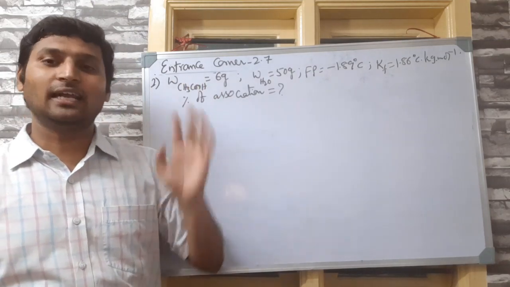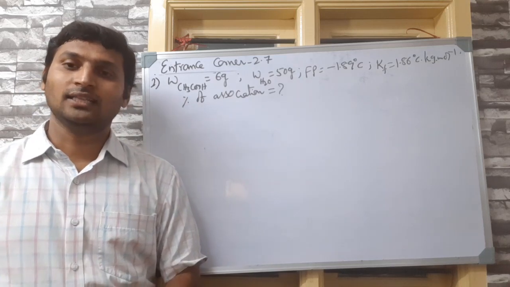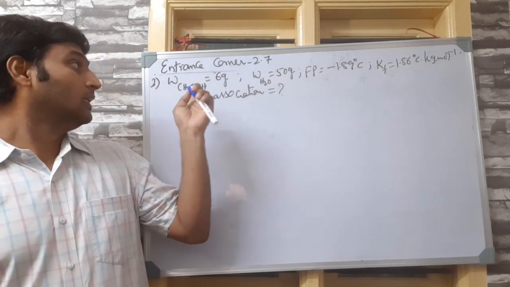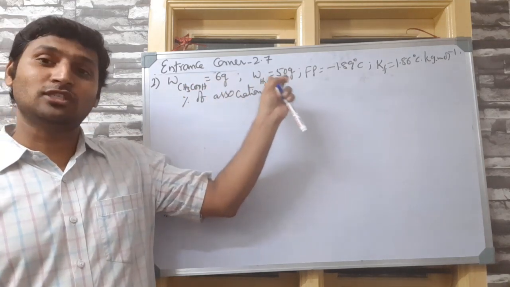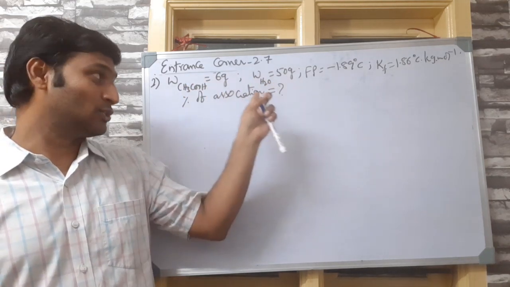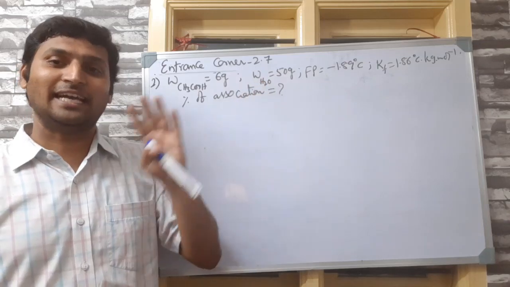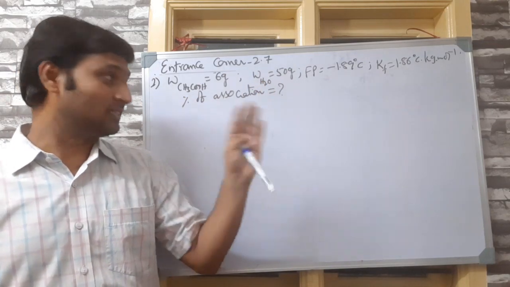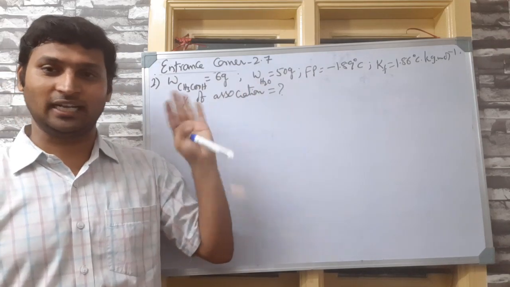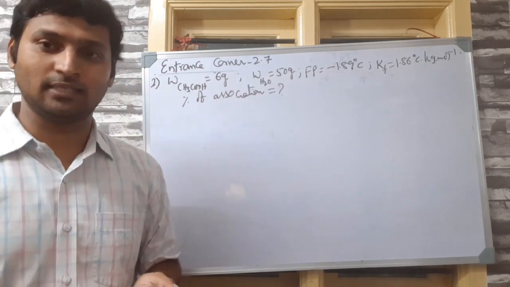There is a theoretical error in this question. The theoretical error is that acetic acid undergoes dissociation in water, not association. So the solvent he should have given as benzene, not as water. Numerically we will get the answer assuming association and proceeding, not an issue. But theoretically that is the problem.